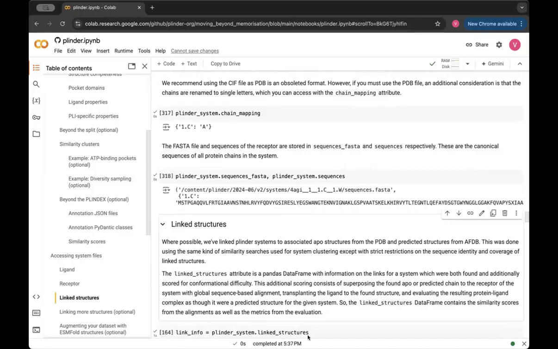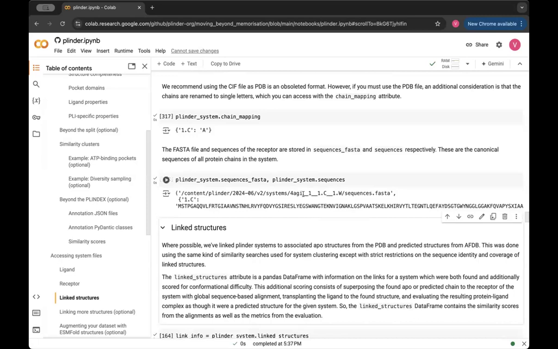We are also providing access to the sequence FASTA. I have to point out that this is the full sequence of the particular protein, so it would have the full set of residues associated with this particular system. In this case, you might have some residues here that are not present in the holo structure, because this was supposed to provide those full